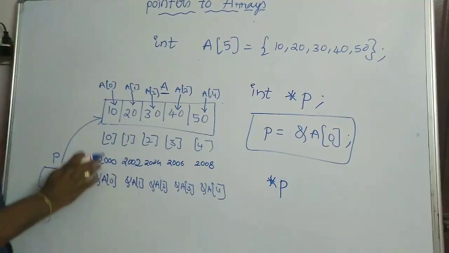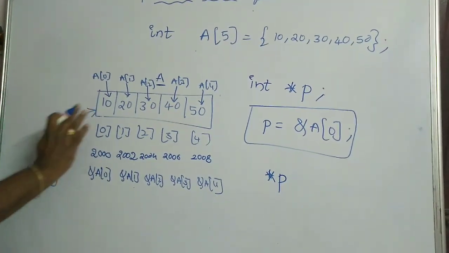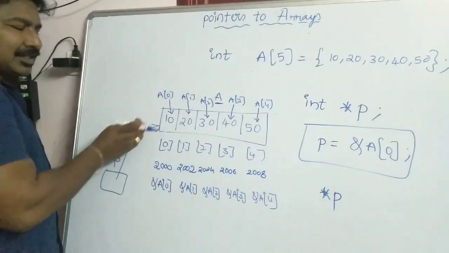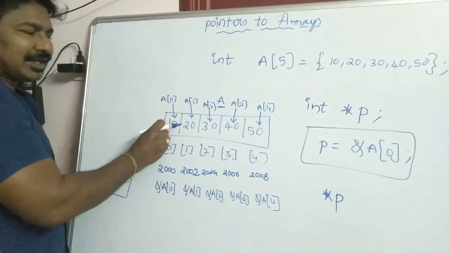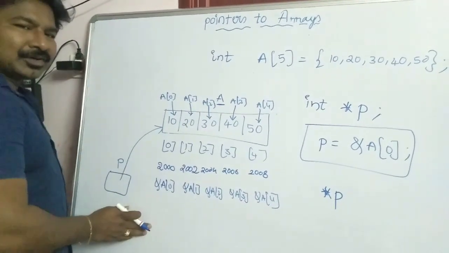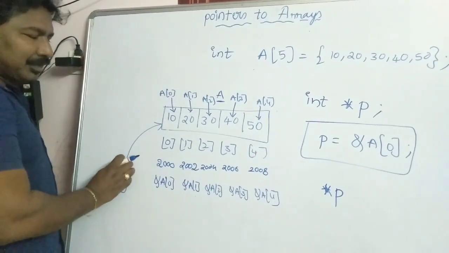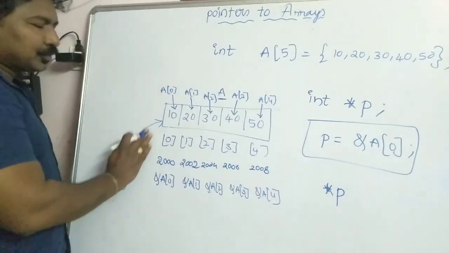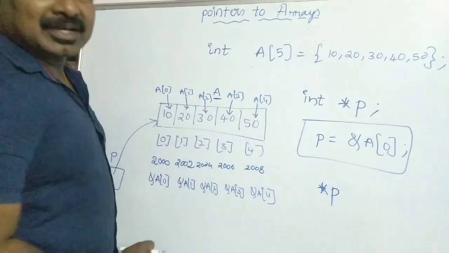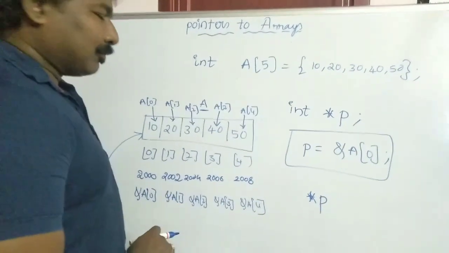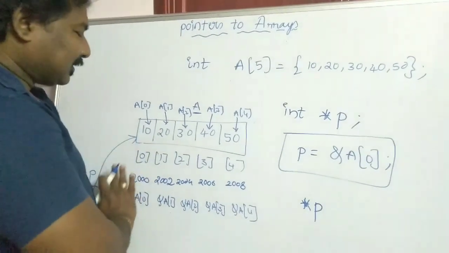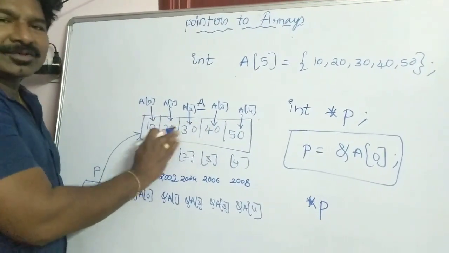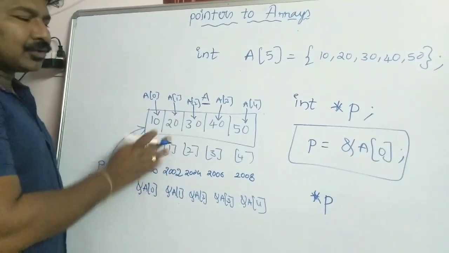For this there are two ways to access the elements of the array, friends. One is that p can be kept at the first element and you can access all the elements from there. The other is that you can move p from the first element to the second element, third element, that is, move p to every element, and then access them. But most of the time we keep p pointing to the first element, and with the index value you can directly access all the remaining elements. Then how can you do this?